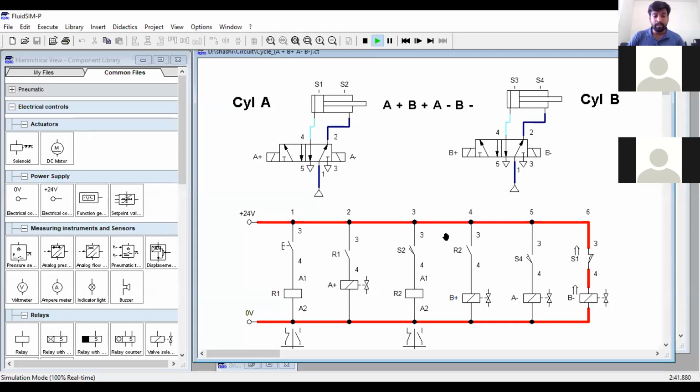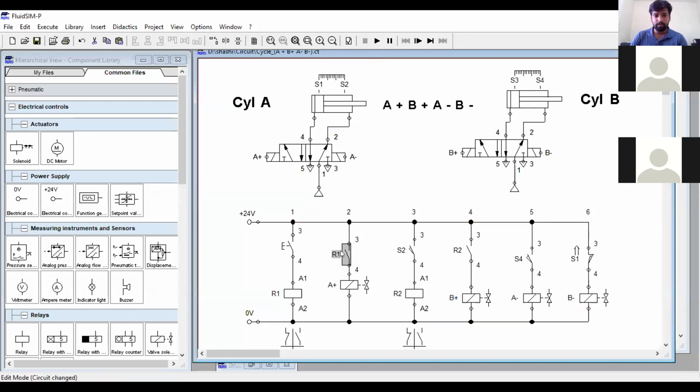If you do not use a relay, still it won't make any difference in this case. For example, here I have used relay R1. You can remove this directly. So I will remove this relay R1, I will copy and connect this directly to this point.